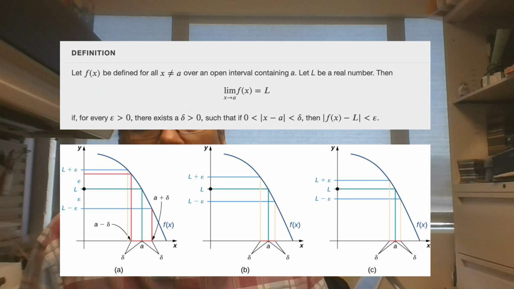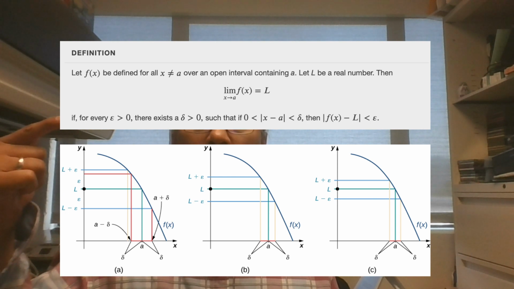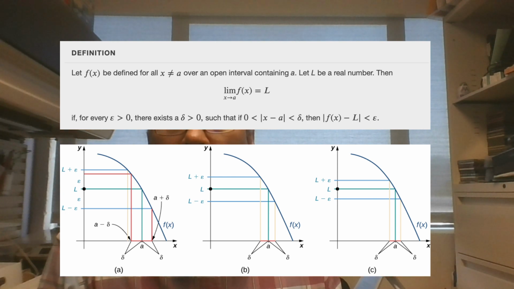The definition of a limit is given by this, and we can read the top part. f of x is defined for all x, except maybe possibly at x equal to a, in some open interval containing a. And then the limit as x approaches a of f of x is equal to L means, and this is the epsilon delta limit, where it becomes really mathematical: for every epsilon bigger than 0, there exists a delta also bigger than 0, such that if 0 is less than the absolute value of x minus a, which is less than delta,